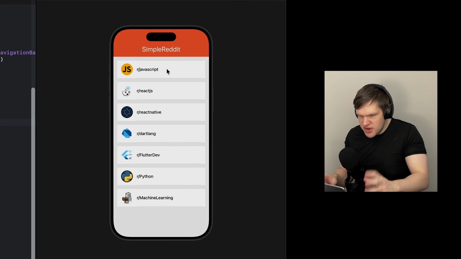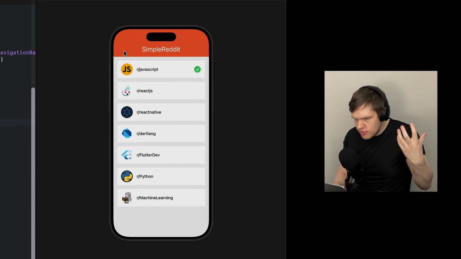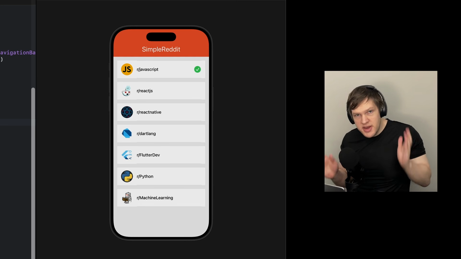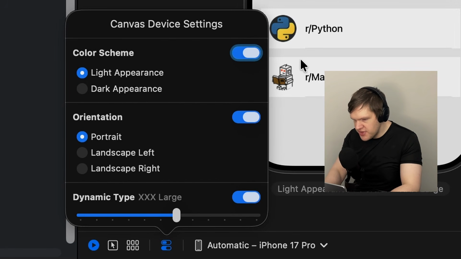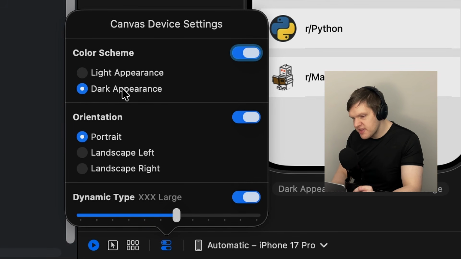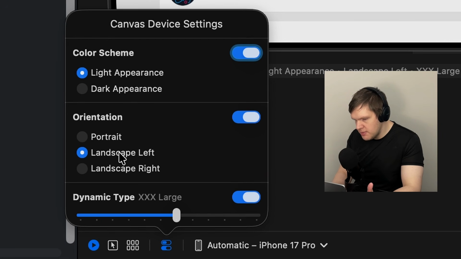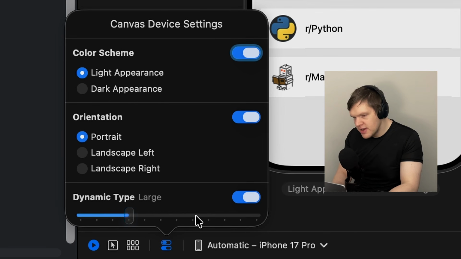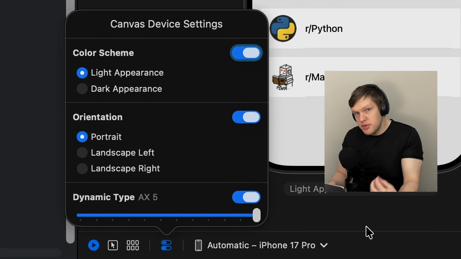And this preview isn't just a static preview. You can click on things and actually have them send requests and store state and that sort of thing. So if you want to teleport to some state in your app, you could set up the preview in such a way that you don't have to click through your user interface to get to the state that you want to test. Another cool thing are these canvas device settings, where you can set the color scheme to light or dark, or change from portrait to landscape mode, or make the text bigger or smaller, which is very important for accessibility. Because a lot of people with vision problems will make the text bigger on the operating system level.